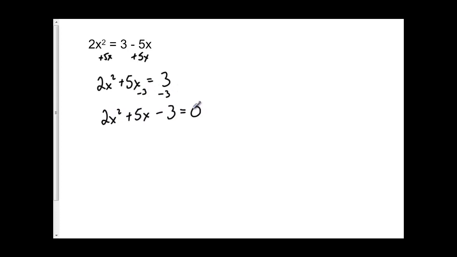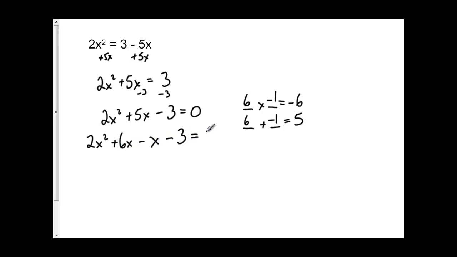minus 3 equals 0. Now factoring by decomposition, I'm looking for two numbers to multiply to give me negative 6, because 2 times negative 3 is negative 6, and add to give me positive 5. Now those numbers are, of course, positive 6 and negative 1. So I'm going to break apart my 5x. I get 2x squared plus 6x minus x, and you could put the 1x if you wanted to, minus 3